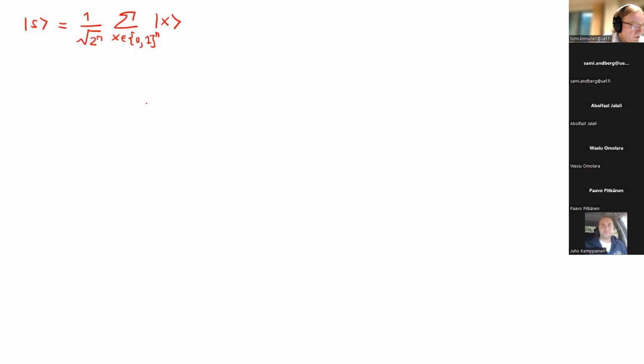Now we can rewrite this. I'm sometimes tired of writing 2 to the power of n, so let's just remind ourselves that was the relation between the number of bits and the number of states. So I can just put here 1 over the square root of n.